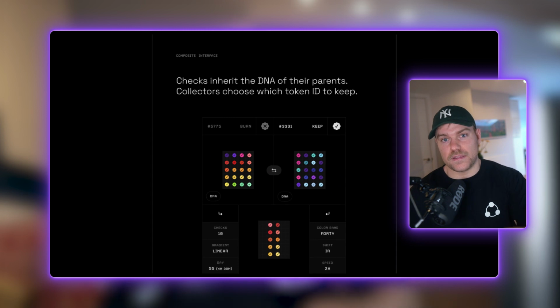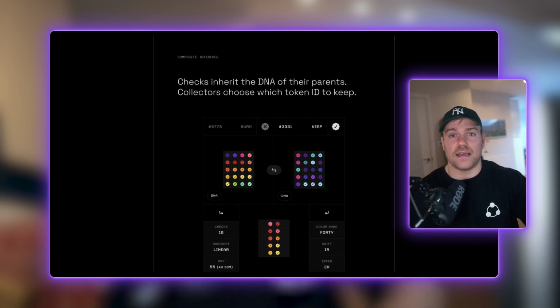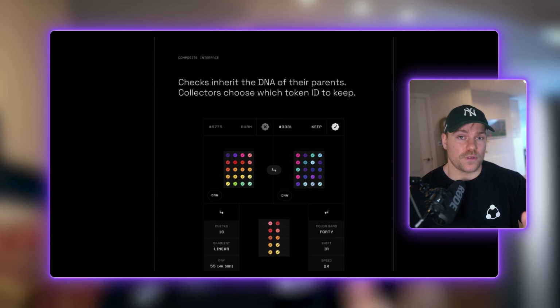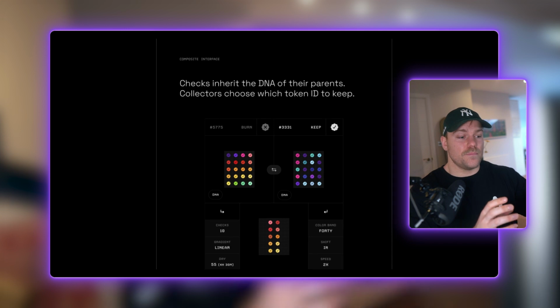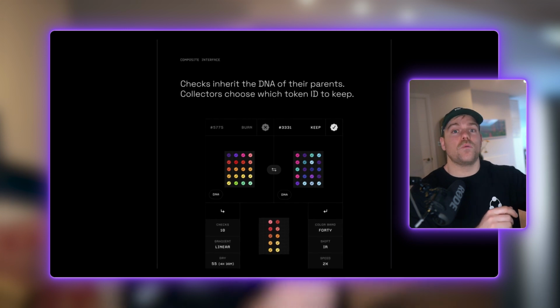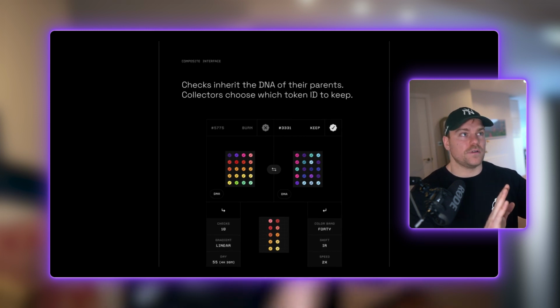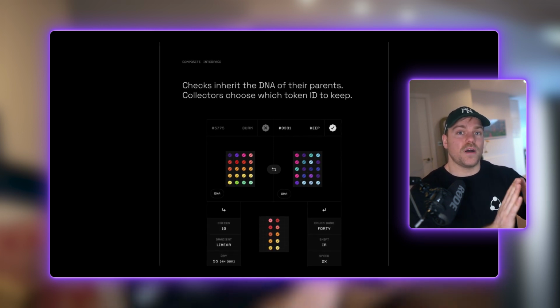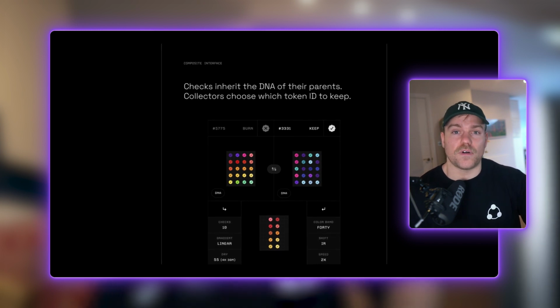And the second thing that he's done here with the check system, as well as creating scarcity, is actually gamify this whole process. So as well as being able to combine these NFTs, people can actually select the number that they want. So if you've got one that's number 100 and one that's number 964, you can combine them both and keep that number 100, which people will probably think is going to be more valuable.